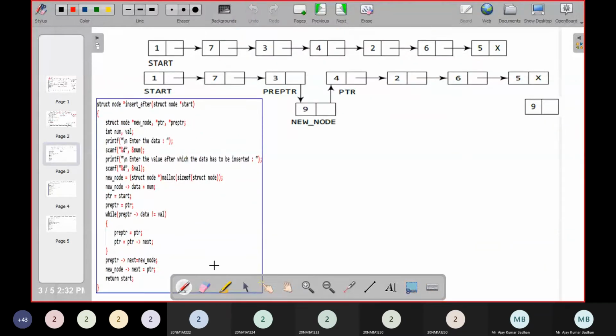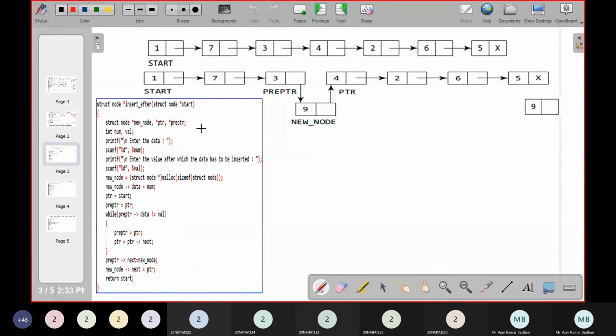Come to the next page. Now this is the code what we have. I will explain it one by one so that it becomes easy for you people to understand. See here, the first thing we have to write is struct node insert after. So after which node I want to insert, this is the method I'm going to call. Initially, we will be starting from a starting node, start. This is a pointer variable we are using, which points to the first node. Forget about the second image right now. Focus only on the first image.